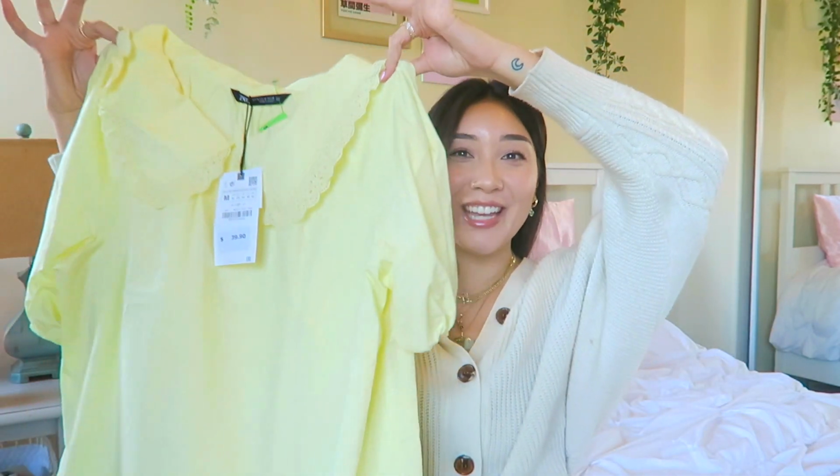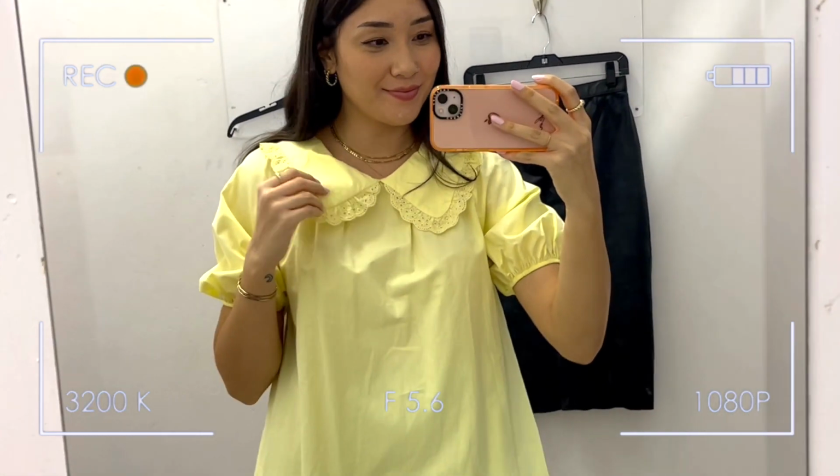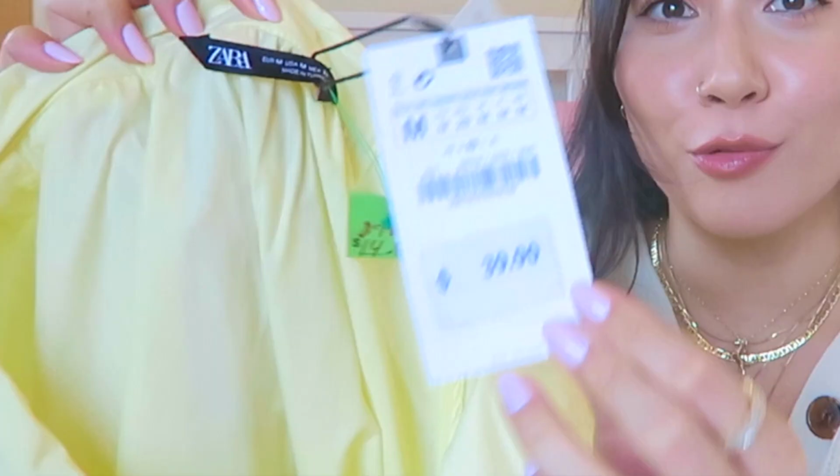So first I'll show you guys the 3 original pieces that I picked up on the first day. This should come as no surprise, but I picked up the adorable pastel yellow Peter Pan collared shirt. This is from Zara, brand new with tags. I guess it originally retailed for $39.90, but at Goodwill I got it for $14.99, which isn't too bad considering